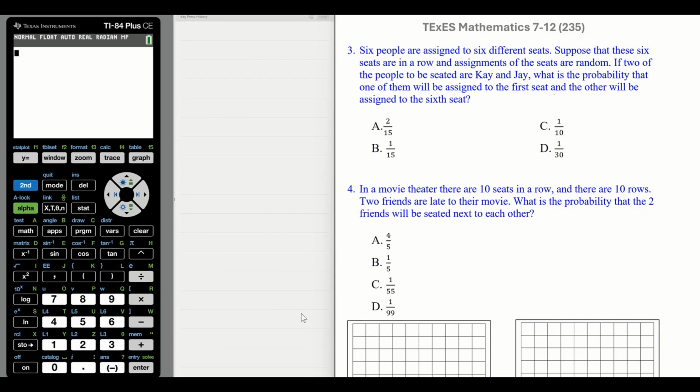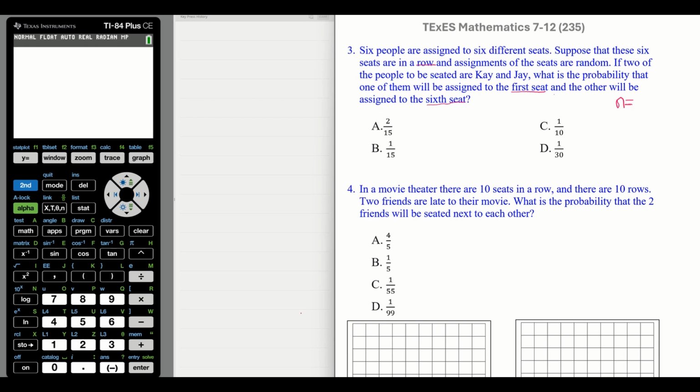Number 3, 6 people are assigned to 6 different seats. Suppose that these 6 seats are in a row and assignments of the seats are random. If 2 of the people to be seated are K and J, what is the probability that one of them will be assigned to the first seat and the other will be assigned to the sixth? Okay, we've seen a problem similar to this. We know that n